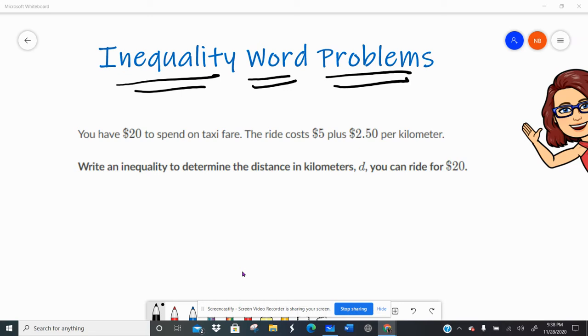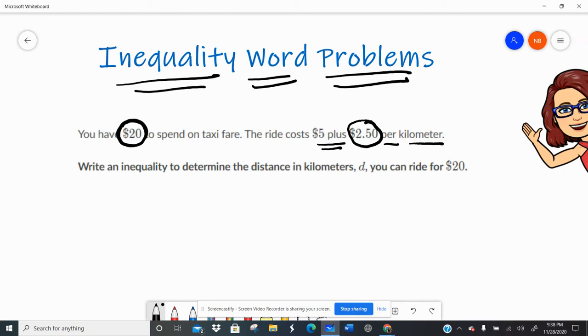It says you have $20 to spend on taxi fare. The ride cost $5 plus $2.50 per kilometer. Remember, if it's per something, that $2.50 is the coefficient, right? Because they're being multiplied, $2.50 for each kilometer, plus $5 for the taxi, but you only have $20 to spend. So we're going to write an inequality to determine the distance in kilometers represented by the variable d that you